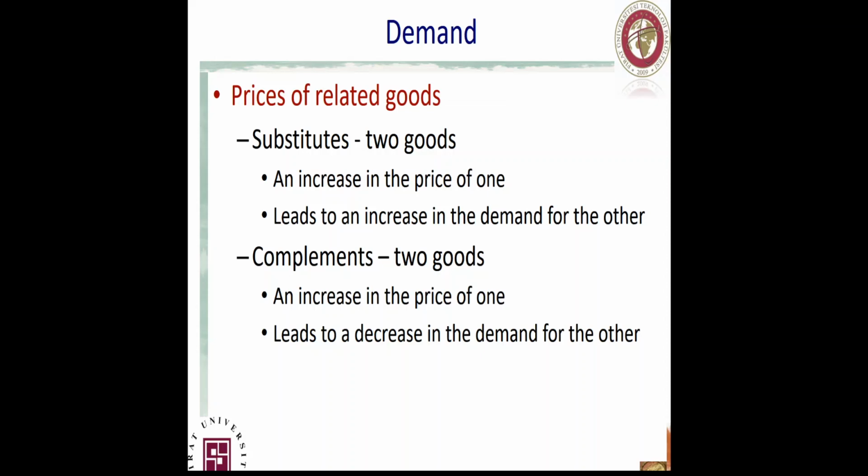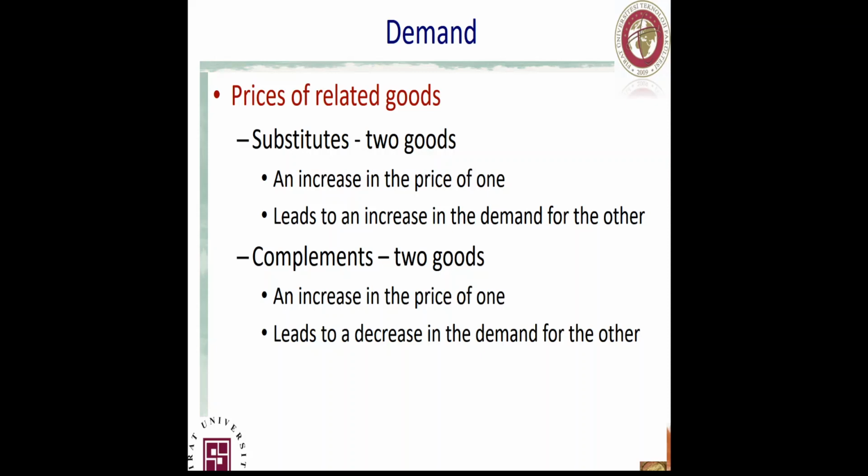One of them may replace the other. So an increase in the price of one of them will make the demand for the other, the substitute, increase. A decrease in the price of one of them will make the demand decrease for the other